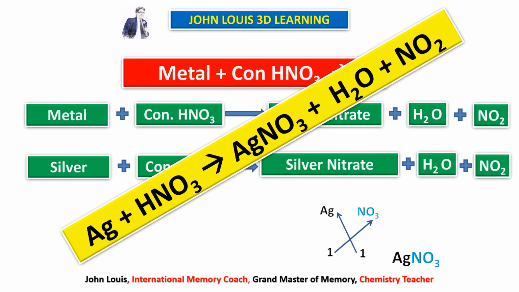Clear? So there is nothing to memorize. Once you know the symbols and valencies and how to identify the type of reaction, we can guess the product and write the formula on our own. Once you know all the formulas are correct, it's very easy to balance. We have already learnt how to balance a chemical equation in one of the videos in the previous lesson. Now let's move on to the next one.